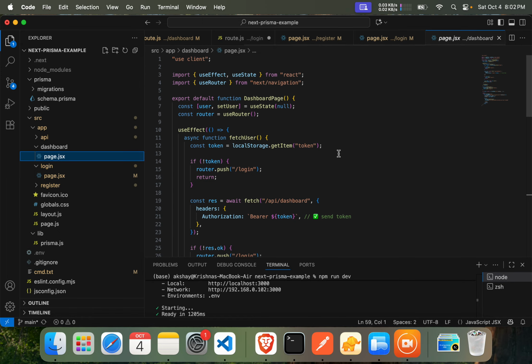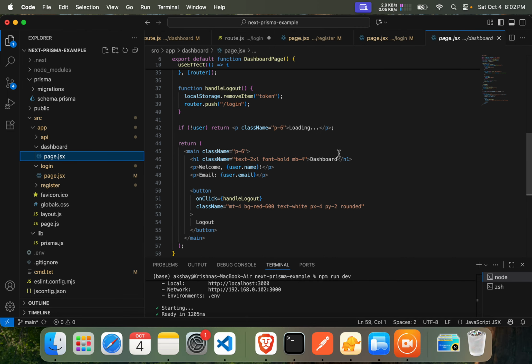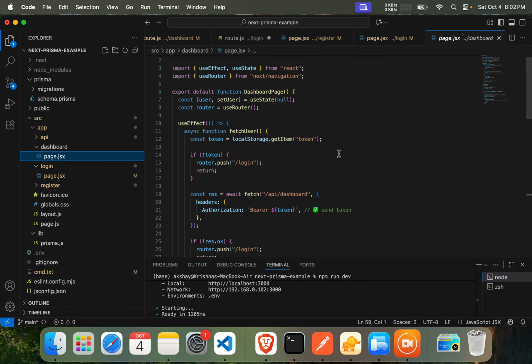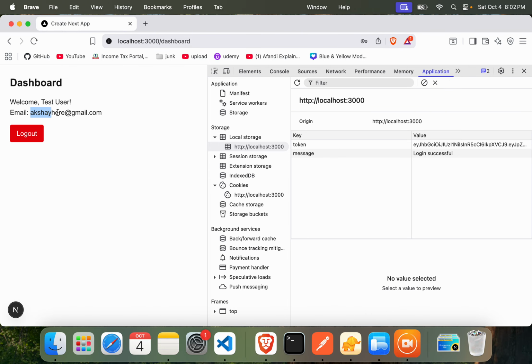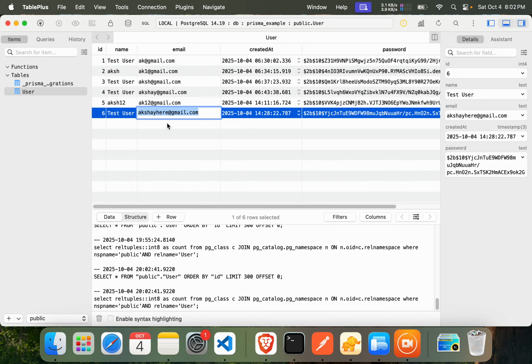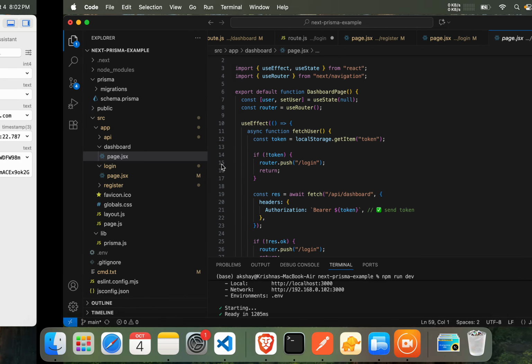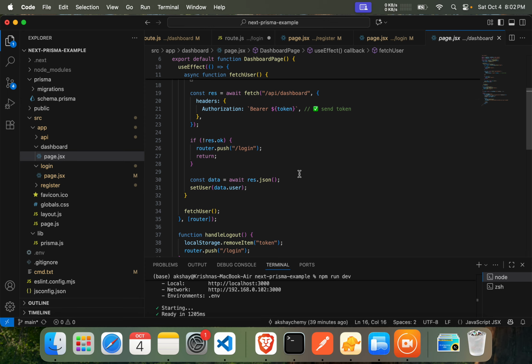So now this is the dashboard, and on the dashboard I want to fetch the information of this user, the user who has logged in. I want to fetch the user's email and the user's name. So if I go to the DB and refresh, this is the email of the user and this is the name of the user, which is basically the test user. So as soon as the component